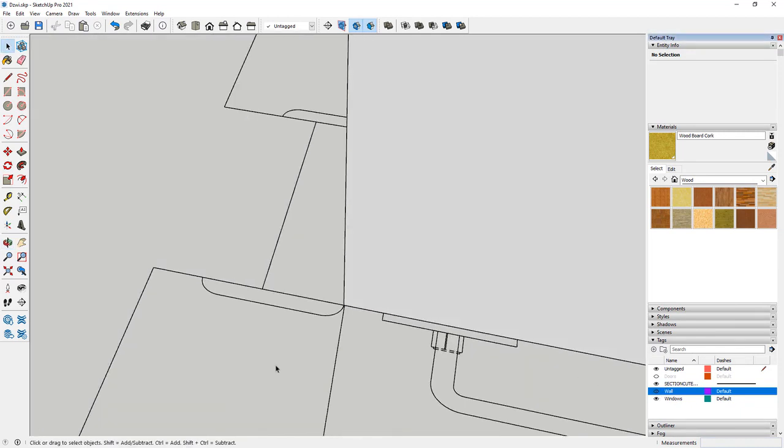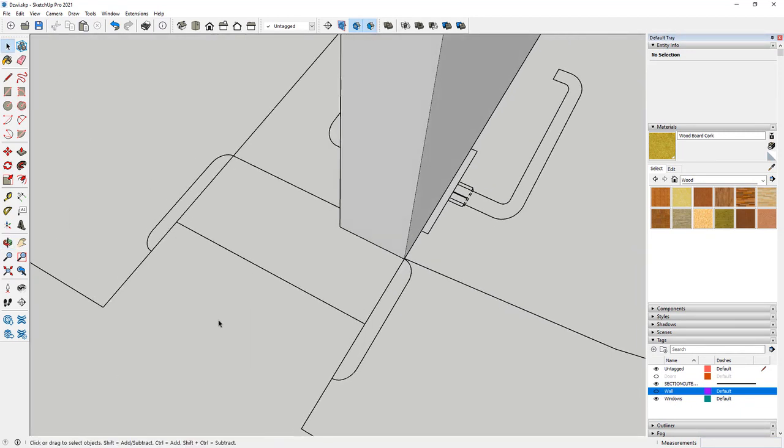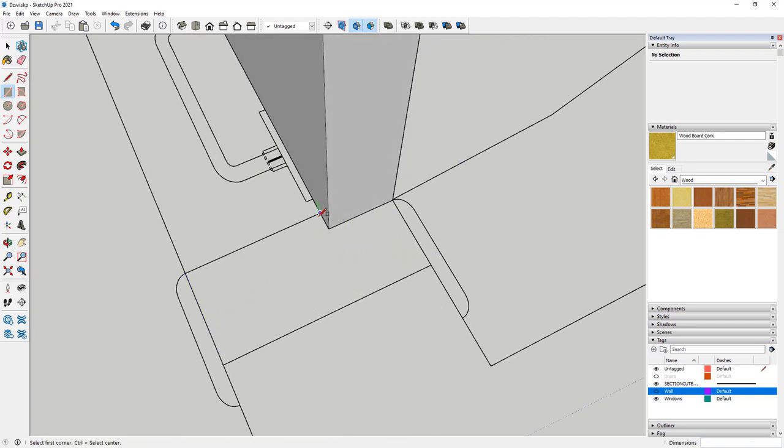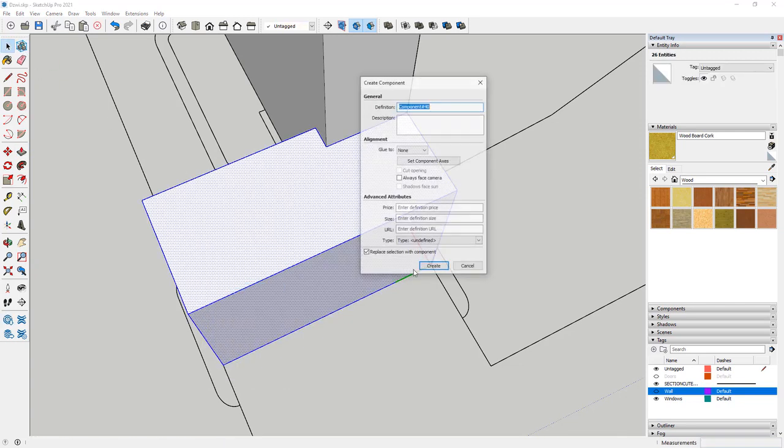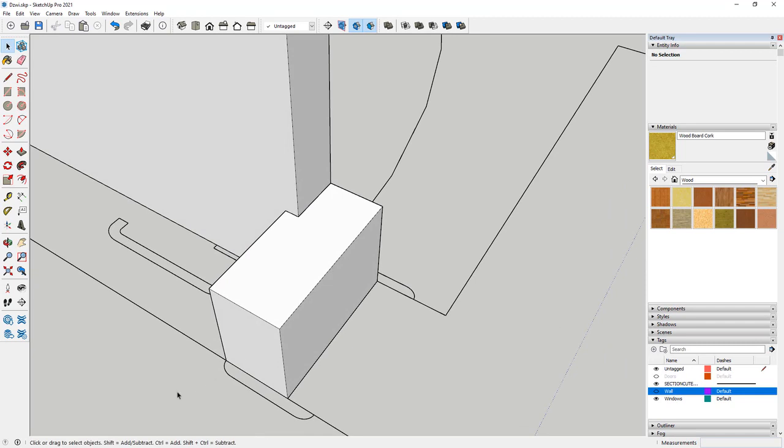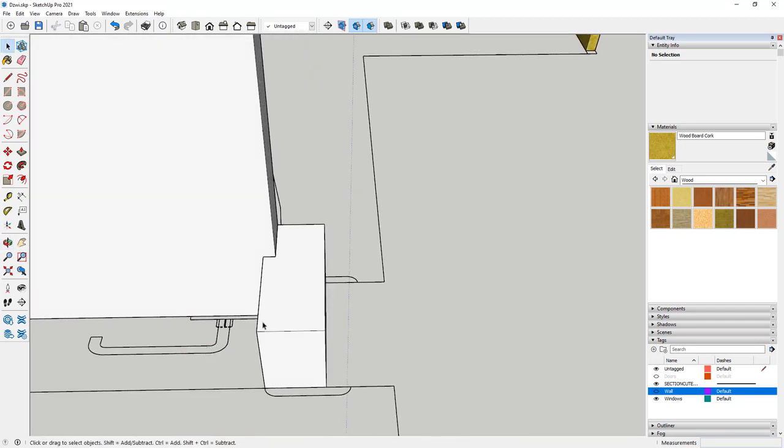Then we need to create also the frame that is inside the wall. So I can divide it into a few rectangles to make it faster, or the unused lines will be removed. Also remember to convert it into components,